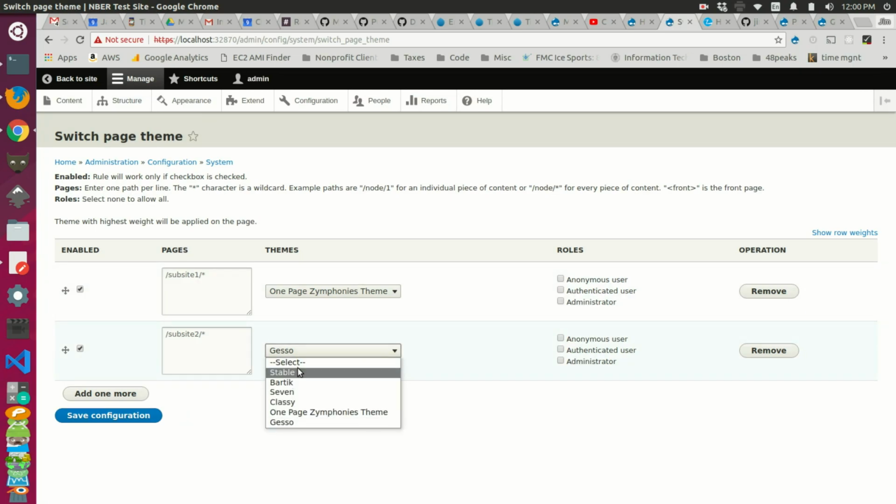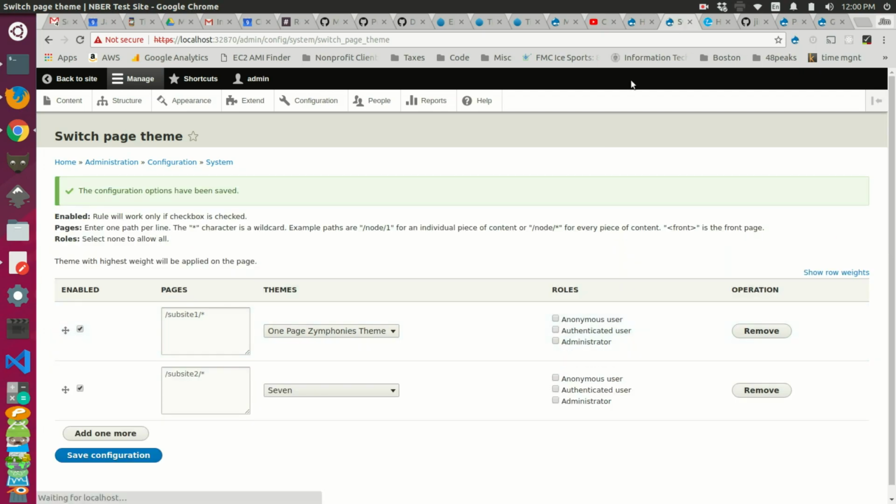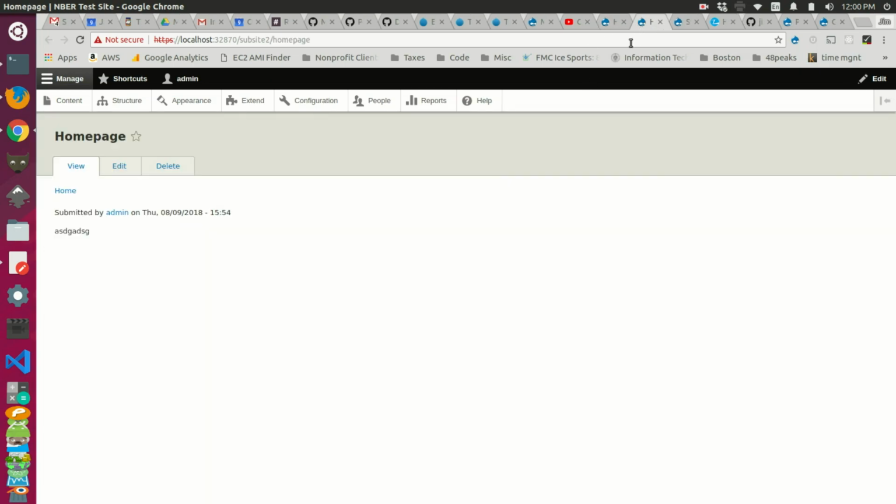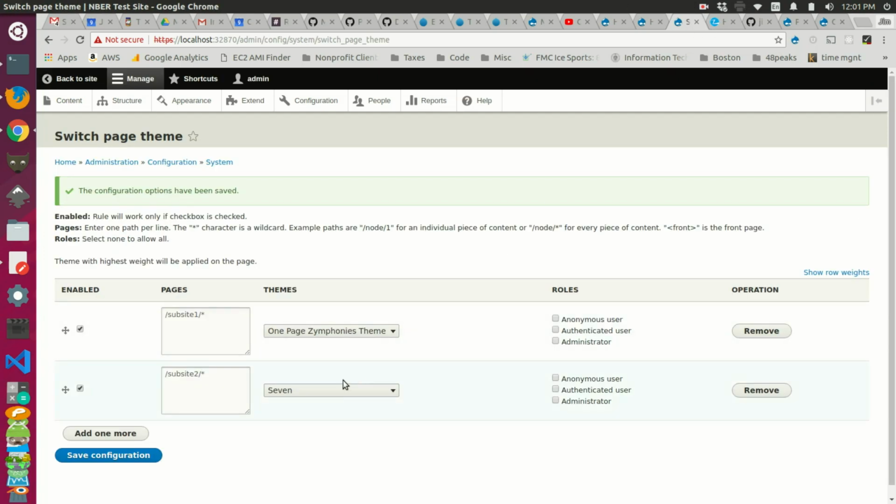So we're using Bartik for the main thing. Let's use something like Seven, which I think will be a pretty minimal theme for this. And now let's try this again. We'll reload this. Okay, so Seven is also the admin theme, so it looks like the admin theme here, but maybe that wasn't a good choice. Let's try